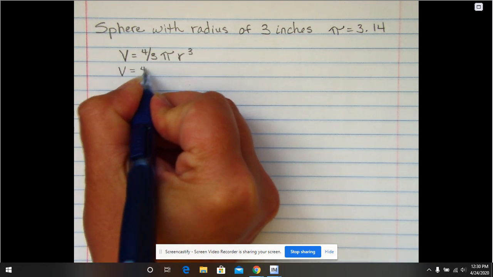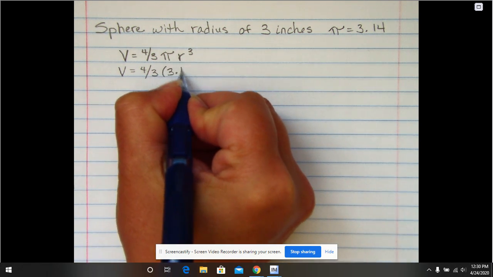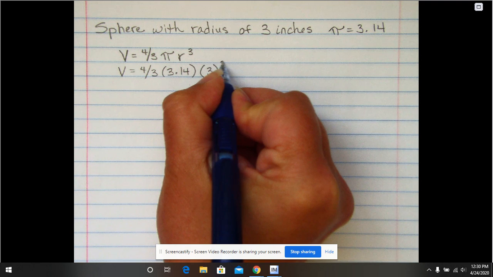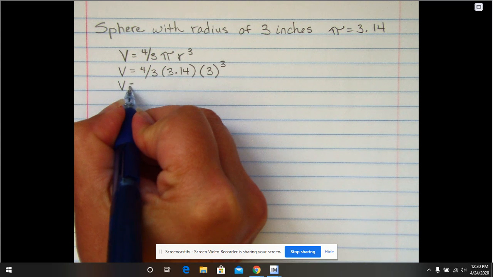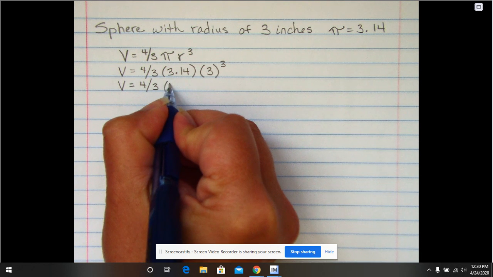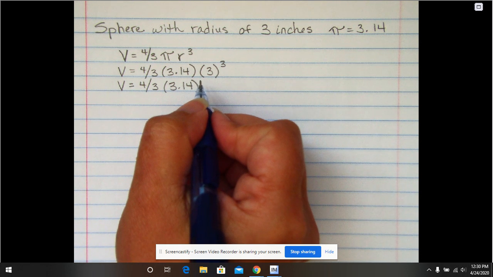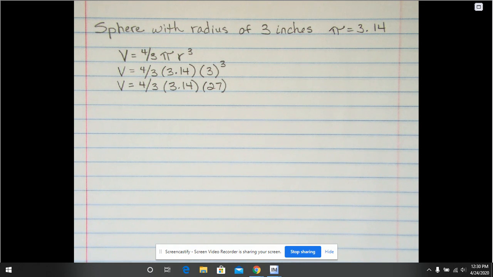Volume equals 4/3, because that's part of the formula, times 3.14 times the radius, which is 3, cubed. Now, I'm simply going to be solving using order of operations with one exception, and I will show you that in a minute. Now, first I'm going to do the exponent. 3 to the third power is 27. And that one's not too hard because it's 3 times 3 times 3, and I can do that in my head. But if it was a larger number,